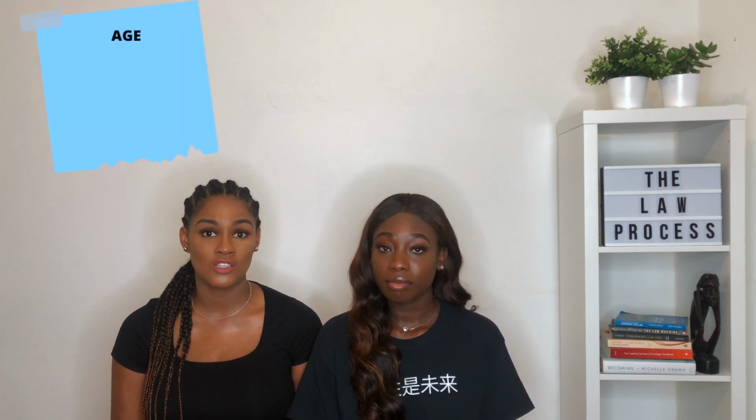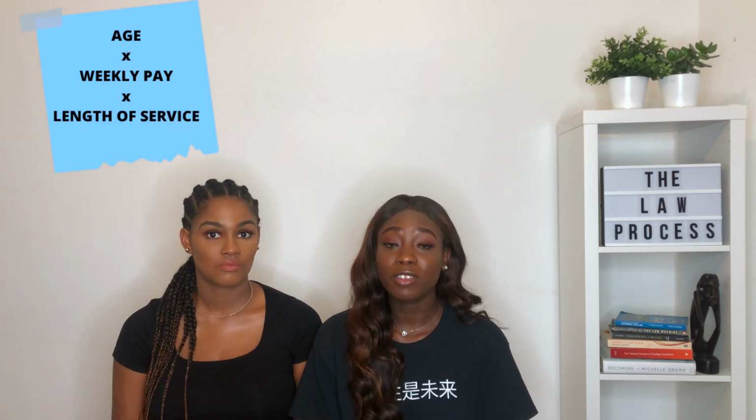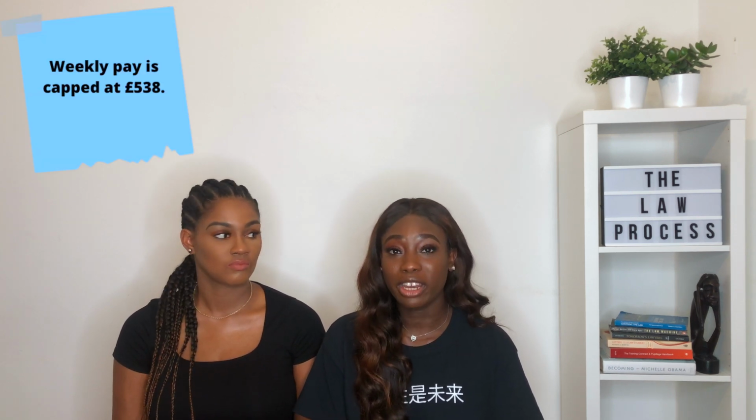If you are made redundant, then you may be entitled to a redundancy payment. But the amount that you're entitled to depends on your age, your weekly salary, and how long you've worked at the company. However, your length of service, which is how long you've been at the company, is capped at 20 years. And also, if you are made redundant on or after the 6th of April 2020, then your weekly pay will be capped at